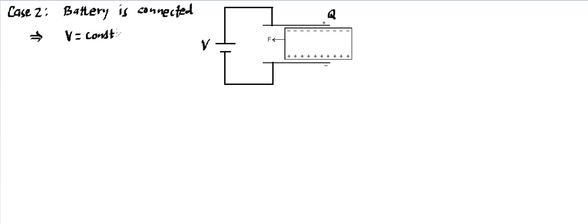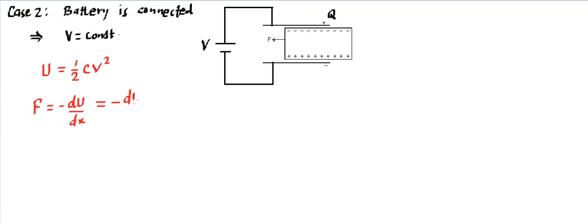Now since V remains constant, we can solve for the force again using a similar method. U, the stored potential energy, is going to be equal to half CV square. We can use this formula because V is a constant. If this is U, then we can find the force. Force is going to be minus du upon dx. This is a conservative force, hence it is the rate of change of stored energy with respect to position, with a minus.